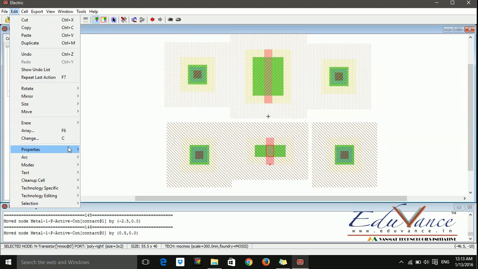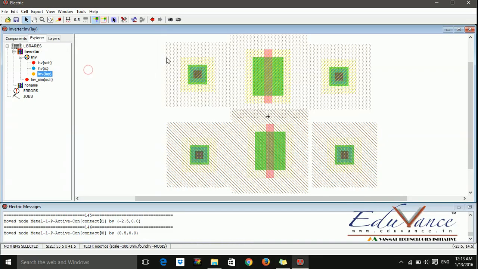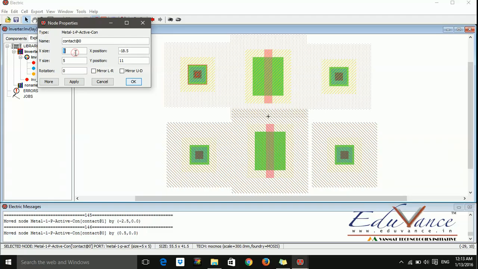Here, properties, object properties. As you can see, Control I is the shortcut here. So I click 10. Okay. Similarly, I want to increase the size of these contacts also. It is not fair, right? The drain and the source is something like 10 in size and the contact is just 5. So we'll just change the properties of